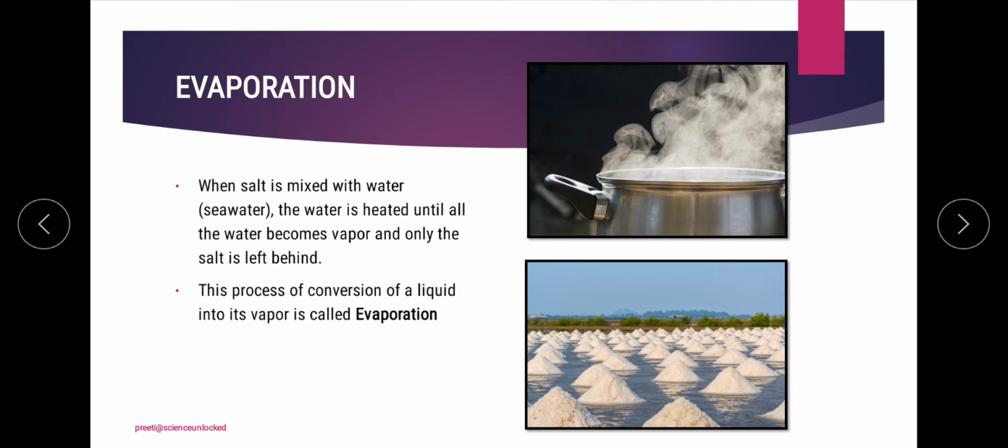Now over here we are going to simply heat the mixture that we have in front of us, and in this process we will see that the liquid will get evaporated or vaporized, and ultimately it will lead to the separation of the solid material, that is the salt, within the container, and the water will be removed out of it.